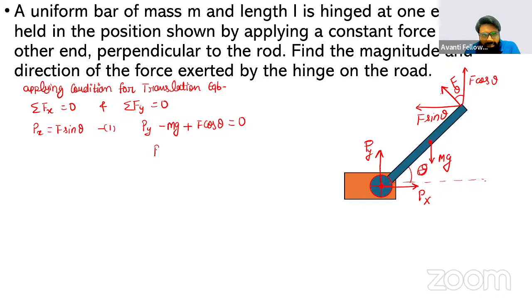So we can say that Py is equal to mg minus F cos theta. ठीक है, this is equation number. Now for rotational equilibrium,